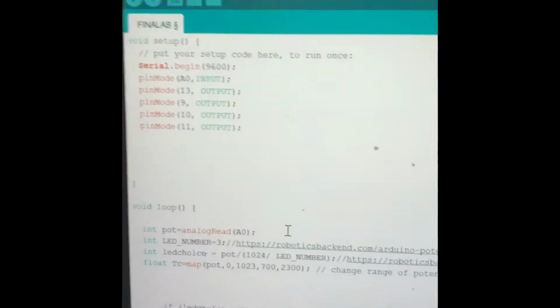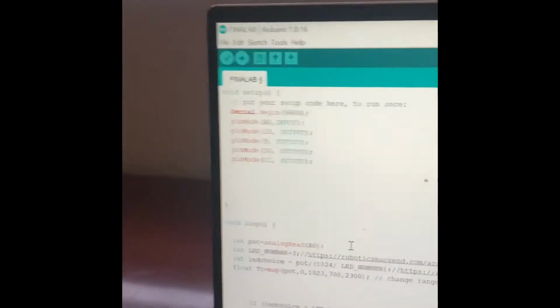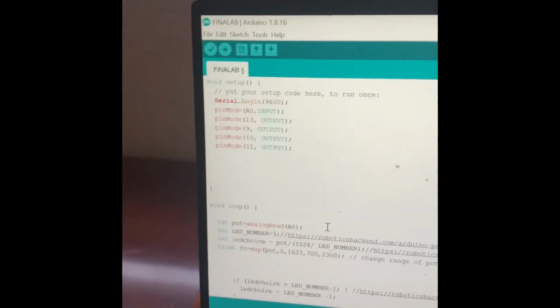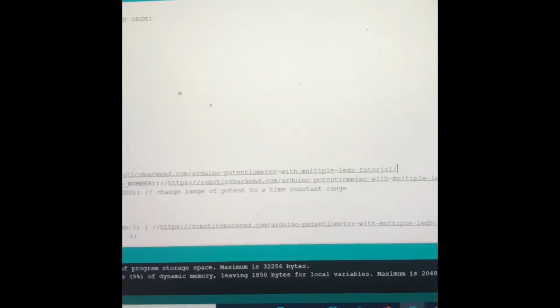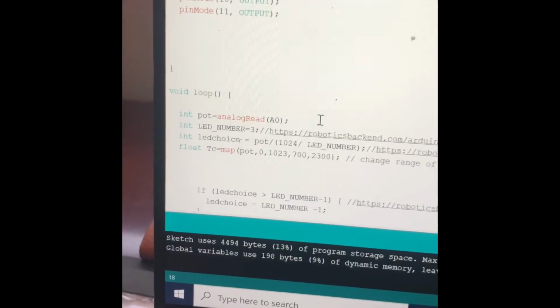Now onto my Arduino code. As I just said, we take an input from A0, which is the reading from the potentiometer, and it's going to be outputted to pin 13, which is the servo motor, and then pins 9, 10, and 11, which are the different LED lights. In our void loop, I have initialized the potentiometer reading, which will come from analogRead A0,